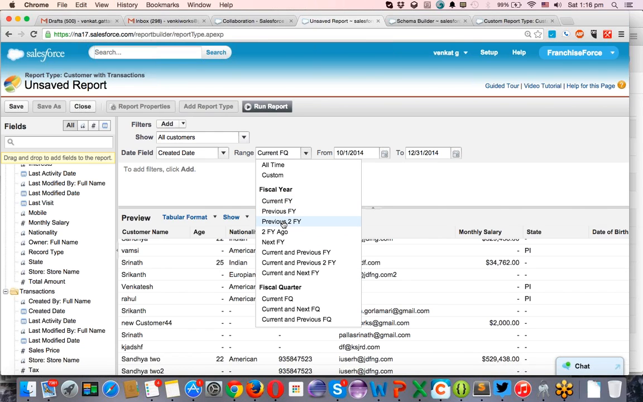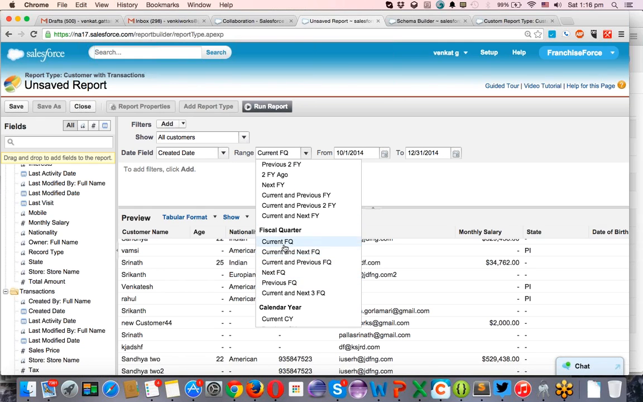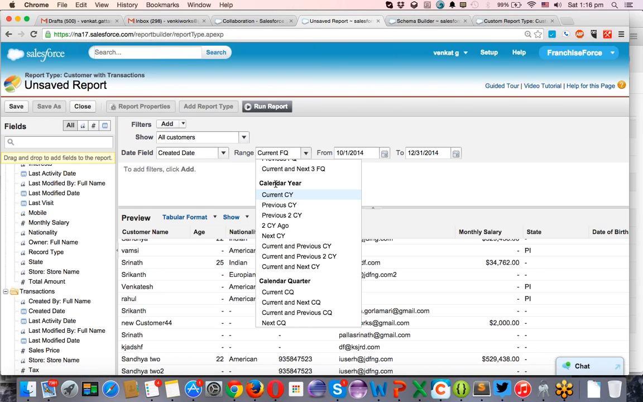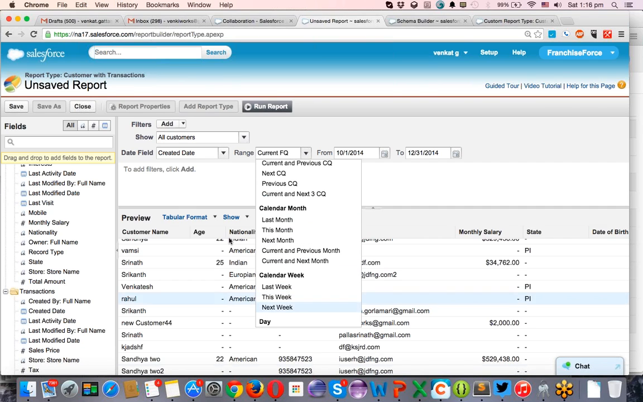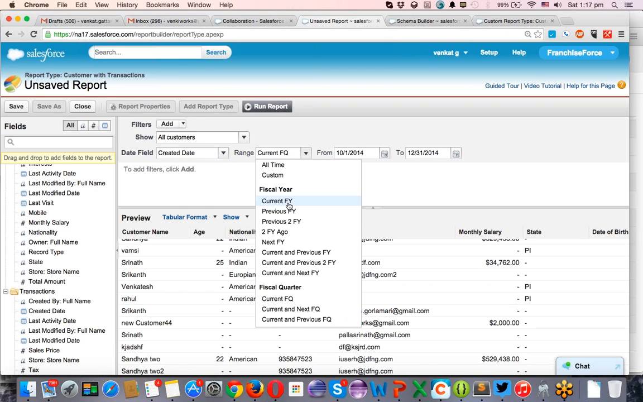Current financial year, previous financial year, previous 2 years financial year, current fiscal year, current fiscal quarter, next fiscal quarter, current plus next. And calendar year is Jan to December. Calendar quarter is also Jan, Feb, March as the first quarter. And you can run the reports based on the weeks also. All the customer records created in this quarter, we are going to show in the reports. Currently, I'm giving the current fiscal year,